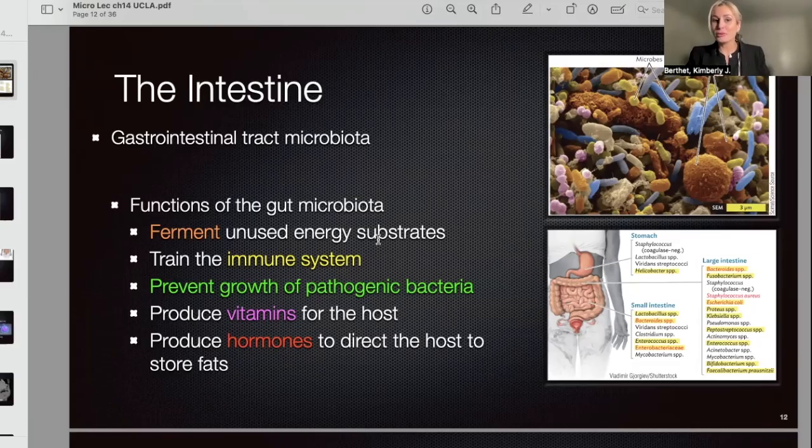Also, the immune system. We may not know this, but the gut microbiota can actually help train our immune system so it can identify pathogens. When we consume pathogens, we break them down with the acid in our stomach and within our intestines into small pieces, and we can train our immune system off of those small pieces. So if we do have a larger infection with those specific microorganisms, our immune system can identify them quickly.